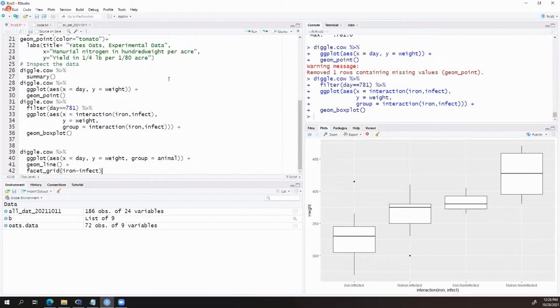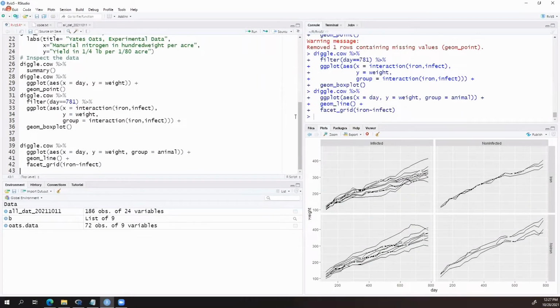And so again, we're taking Diggle cow and piping that to ggplot. We're grouping it by animal this time. We're going to use a line, and we're going to use facets where we relate iron and infect.